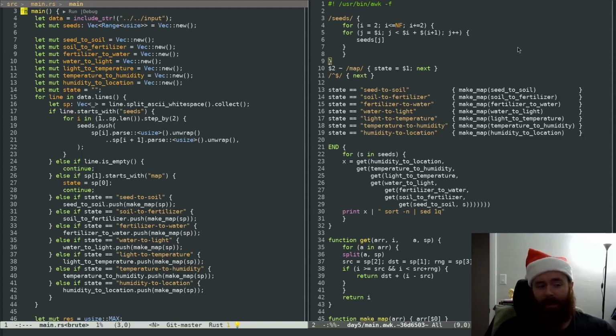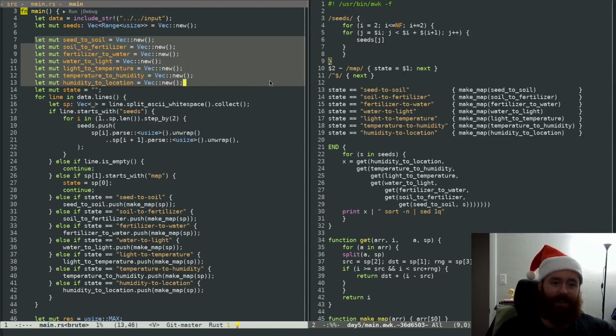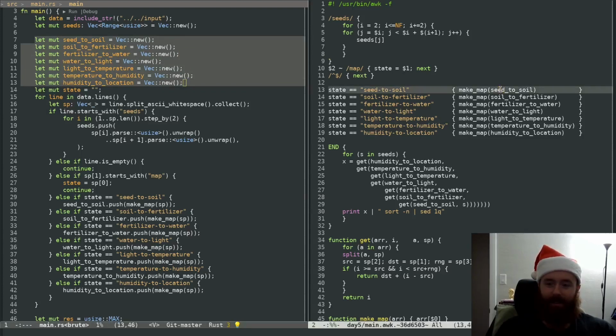Is this my naive awk solution that was running too slowly to actually finish, and I just transferred it to Rust. I thought this might be somewhat interesting to compare and contrast the two. So one of the things this will help to emphasize is how many automatic things awk does for us. So you'll see in the Rust version, I have to initialize all of my vectors instead of just dreaming them